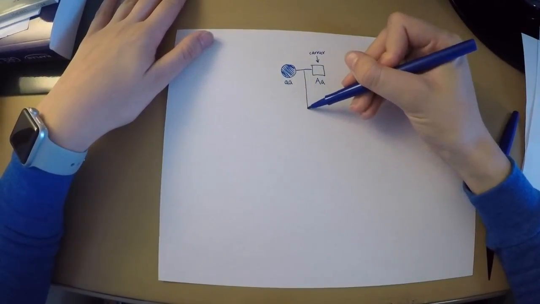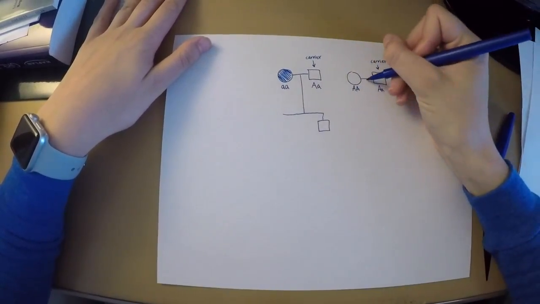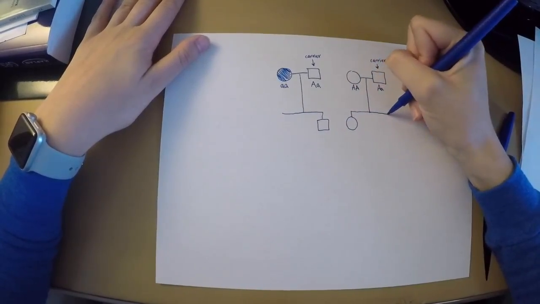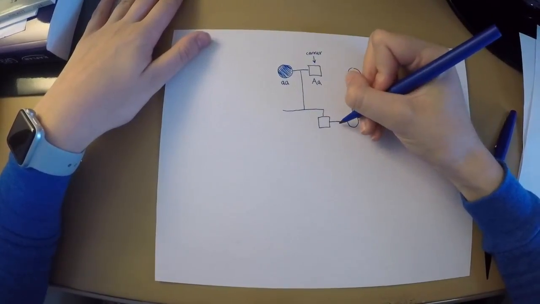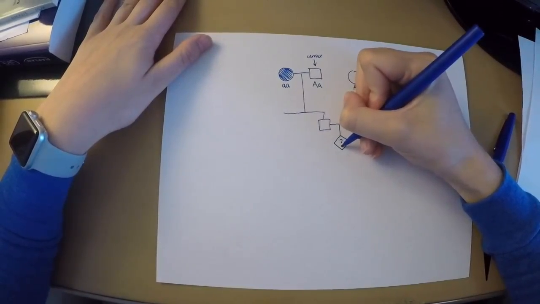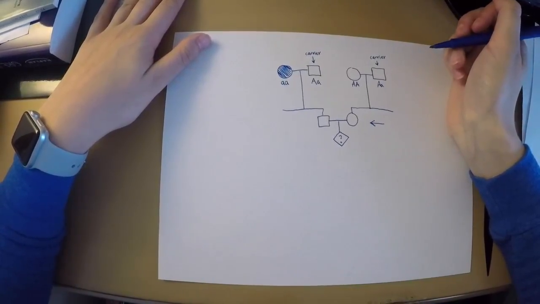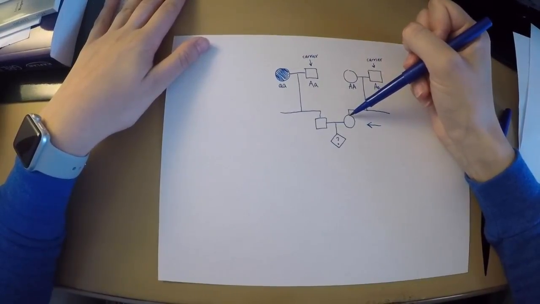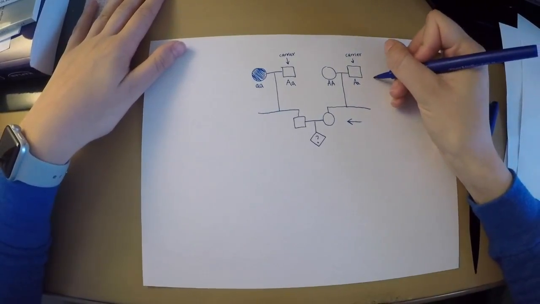Now each of these pairs has a child. And this pair right here is the one wanting to know what the probability is that they're going to have a diseased offspring. Now, the first step to this problem is finding out the probabilities that each of these parents is a carrier. So, we use a Punnett square